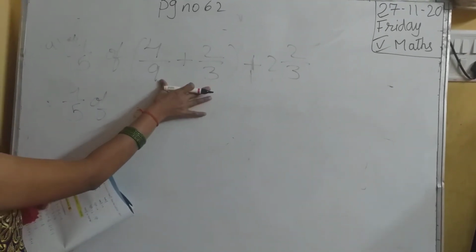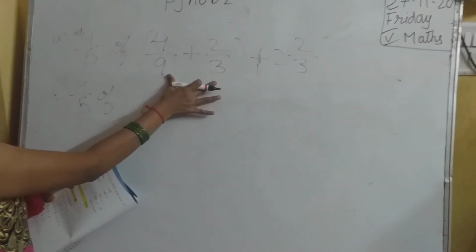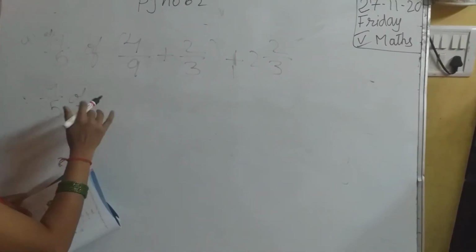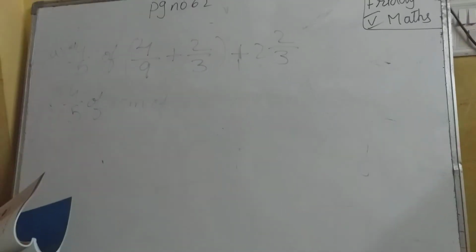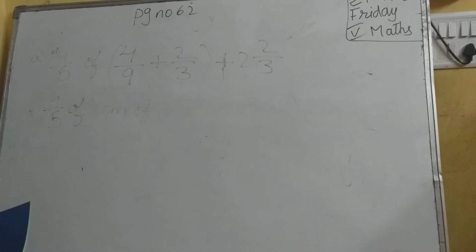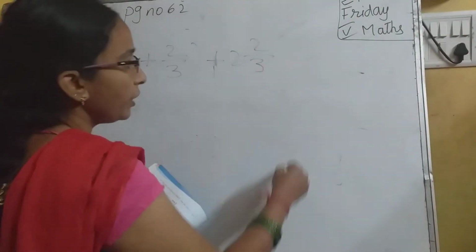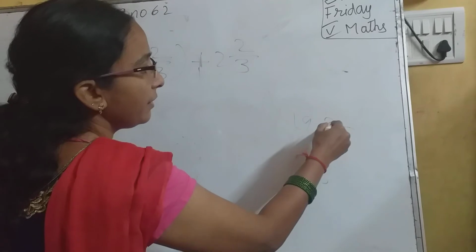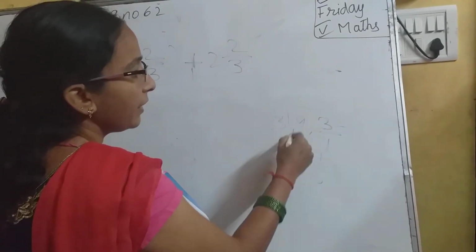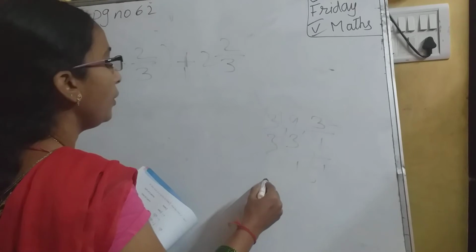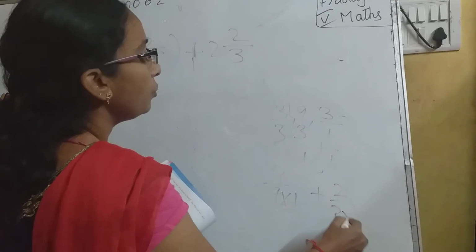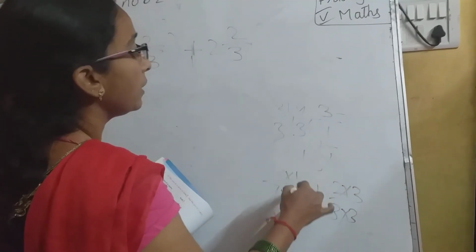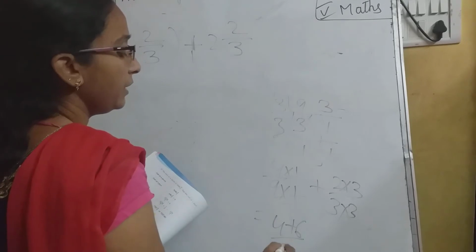See, again here LCM. LCM of 9 and 3 is 3. So how are you going to do? LCM of 9 and 3, children. Yes, just now we did in the example problem. In the working column, 3s are 3, 3 1s are 3, again so 9. So how are you going to do? 4 by 9 into 1 plus 2 by 3 into 3, into 3 into 1. 4 plus 6 by 9, that is 10 by 9.